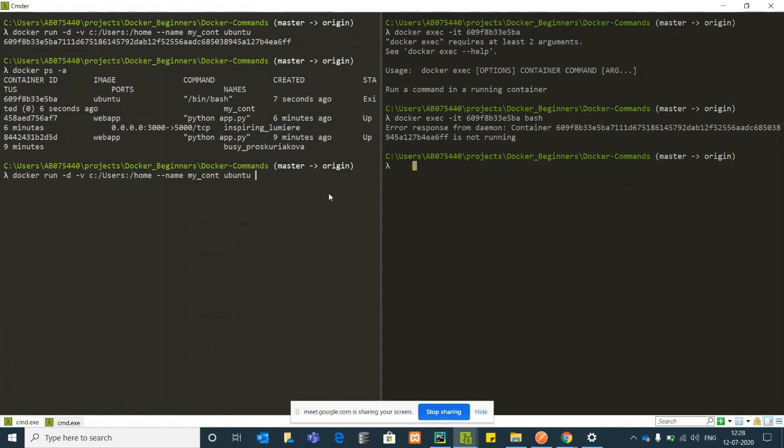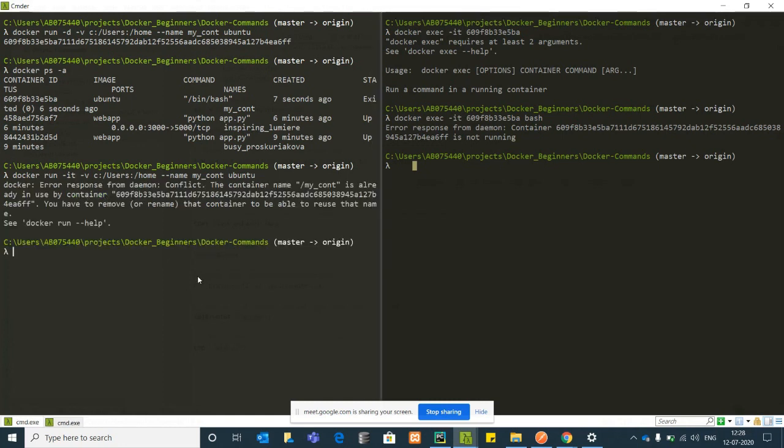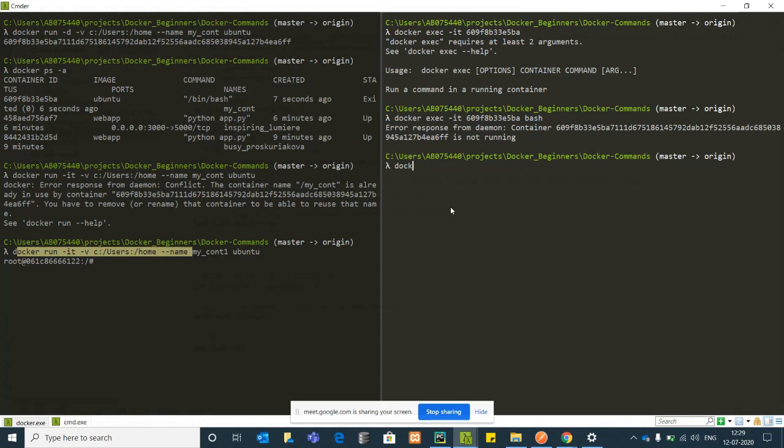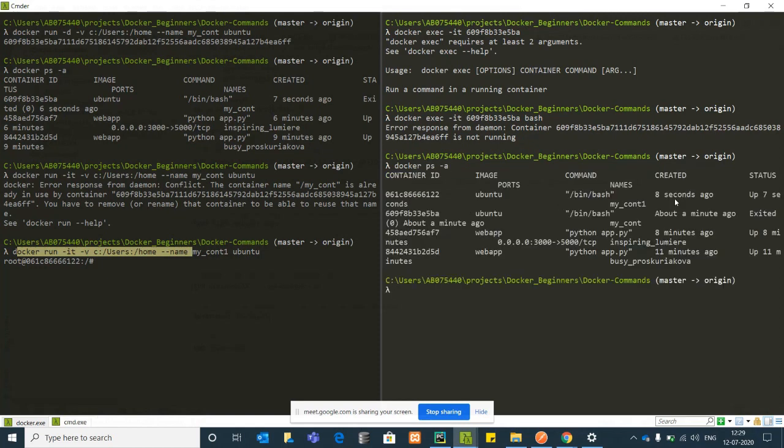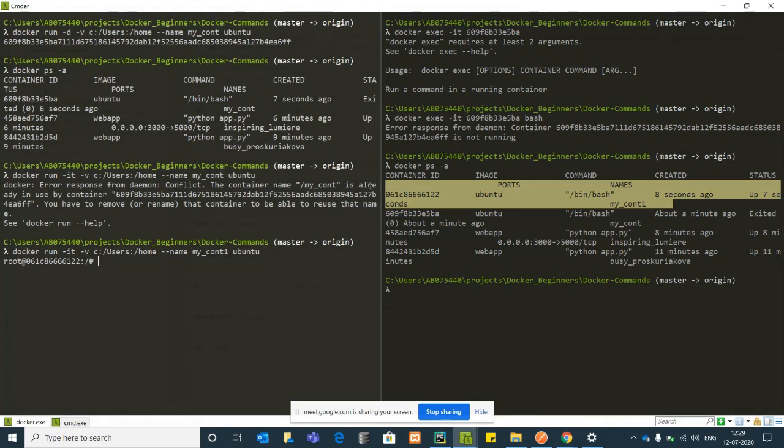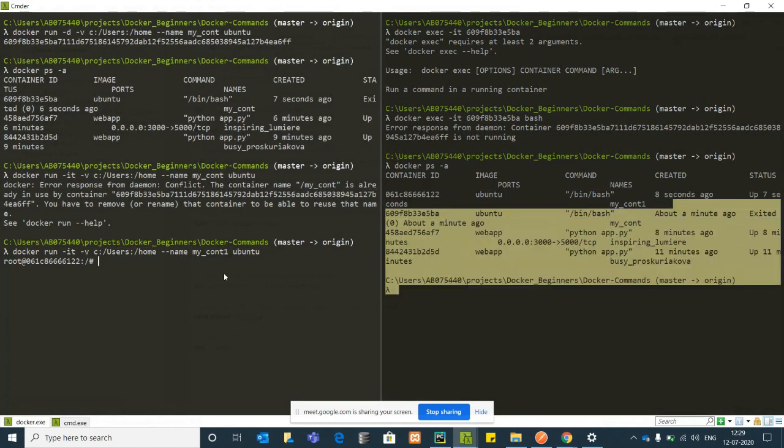To have it running, instead of running in the daemon mode, I'll run in the interactive mode and check if the containers are present. So this container is in the running state now.